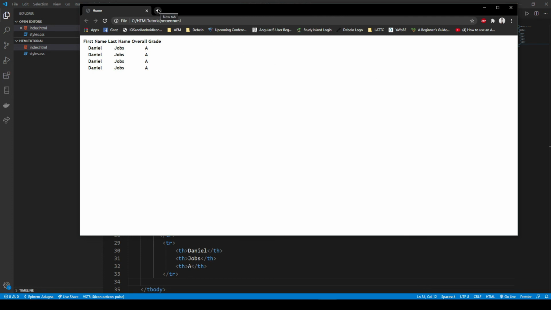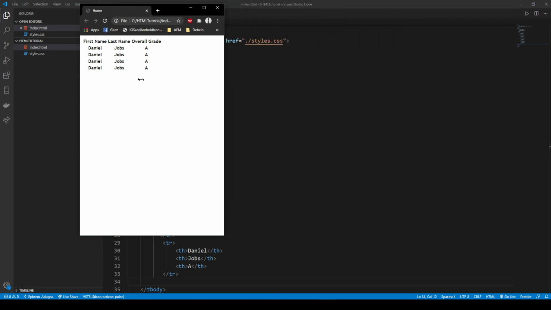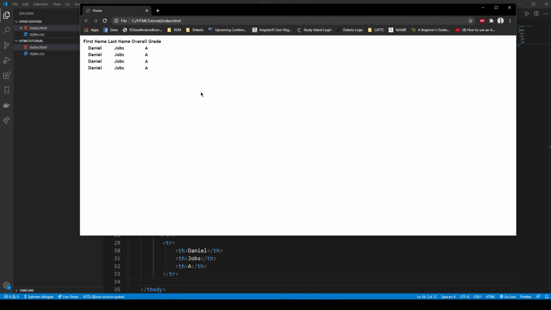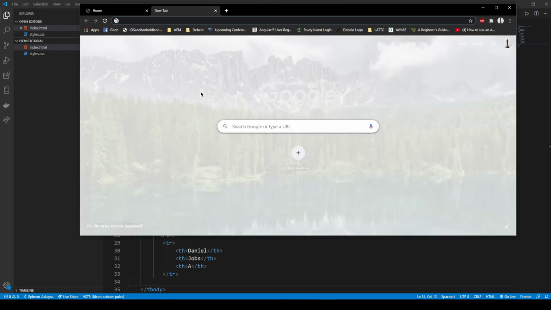So if we wanted to make our table look nice, but not put in all of that work, we can use Bootstrap. Bootstrap is a free collection of pre-made HTML templates that you can use in your HTML site to make it look more professional without putting in that much work. Bootstrap is also responsive, so you don't have to worry about how your website looks if the screen becomes smaller. We just have to go to their website,